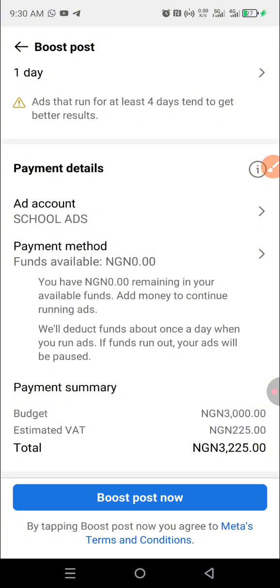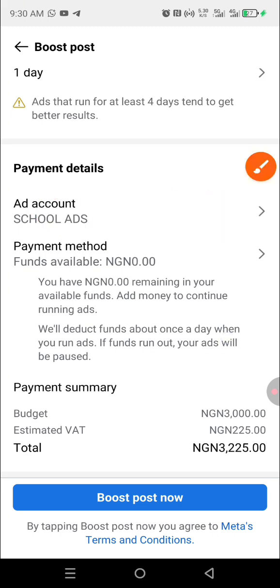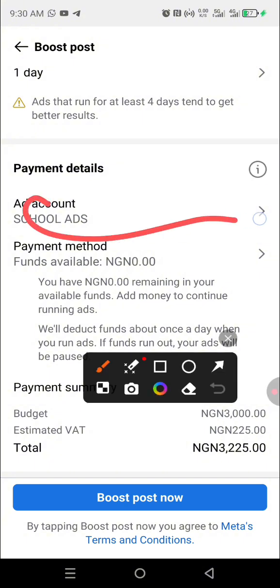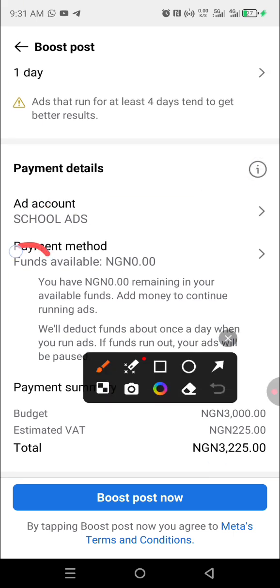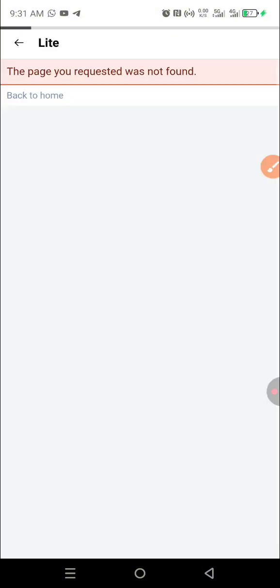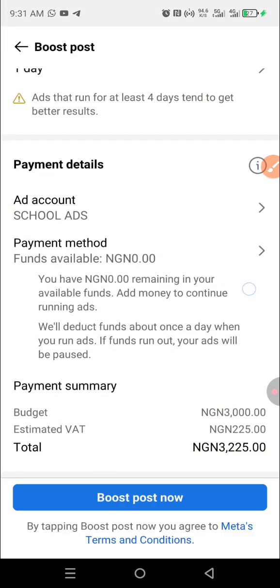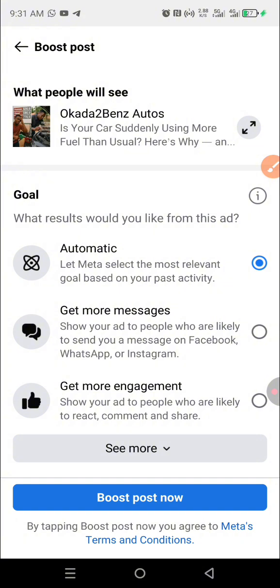So that's it. And the next thing is to select the ad account. You can see the ad account must be selected properly. Make sure you select the proper ad account. If you are a newbie, you have not created an ad account, you will only have one, so it will definitely select that one. But for me, I have a lot of them, and I select this particular ad account. And now I will have to fund the ad account because the ad account is showing 0 naira, and to fund it, I will just click on payment method, and that is it. It will take you to the payment and you fund it, and the next thing is to hit the boost post now. So automatically your post will be boosted,